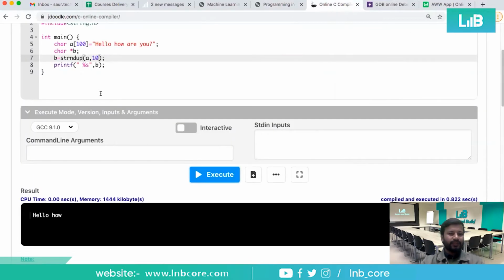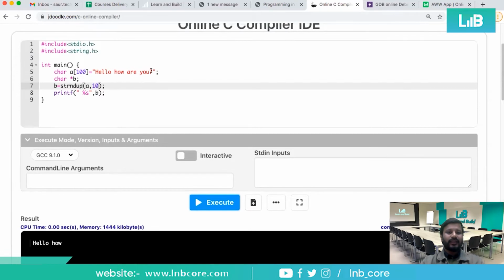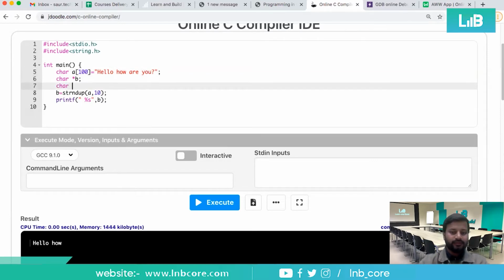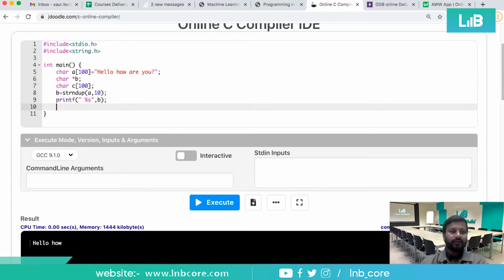Now let's go for strrev. I believe this is a very easy and important one you can understand. If you want to make the reverse order of this entire string, it should start from the last one, which is the question mark, then U O Y, space, E R A, like that, right? So we have a command. Let me create another variable, char c, and let me have that with 100 locations or 100 memory areas. I want to put c is equal to